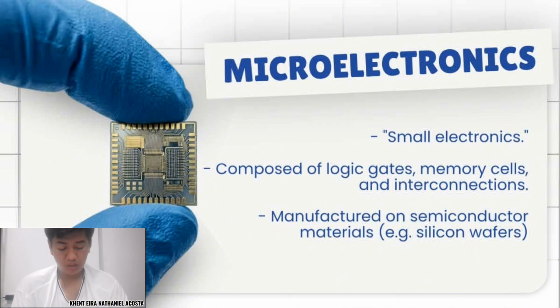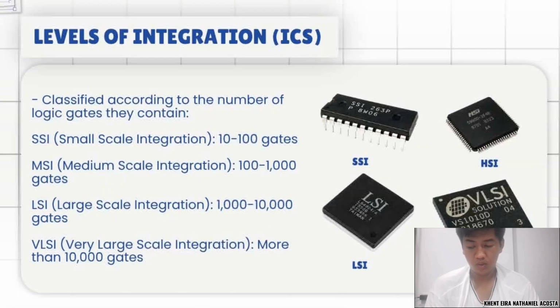Microelectronics means small electronics. Computers are composed of logic gates, memory cells, and interconnections. These components are manufactured on semiconductor materials such as silicon and wafers. And that is the microelectronics, the second component in the digital components. Now we move on to the third one, which is the